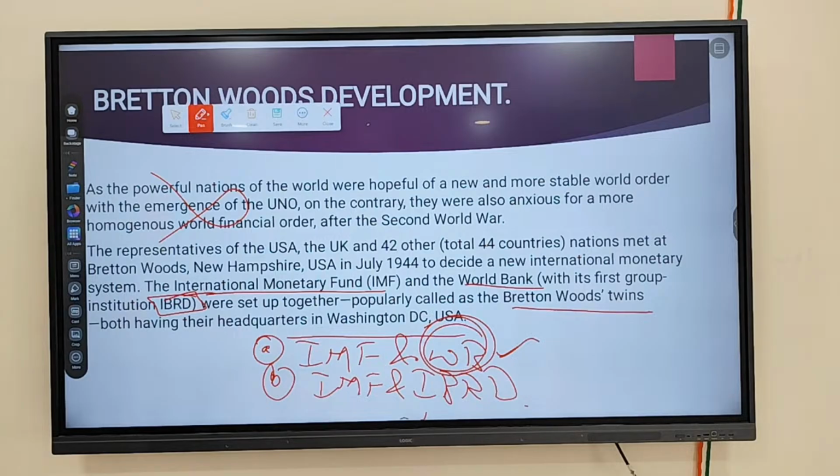See, the tentative date for the exam might be in the month of October. It's not September 16; some of the websites have given that, but that is not the exact one. Might be in the month of October or November. High chances are that it will be in November itself. Understood?